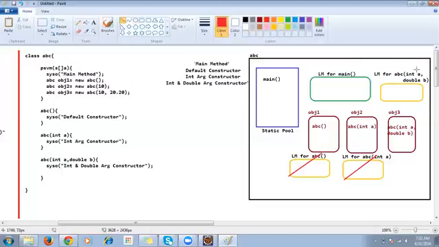This memory will be deleted. Okay, this memory will be deleted. Then it comes out to the main memory, then comes out of the main function. The local memory for the main is deleted. When that is being deleted, what will happen? All the memories that are allocated from the object, from the main memory, which are the objects created,